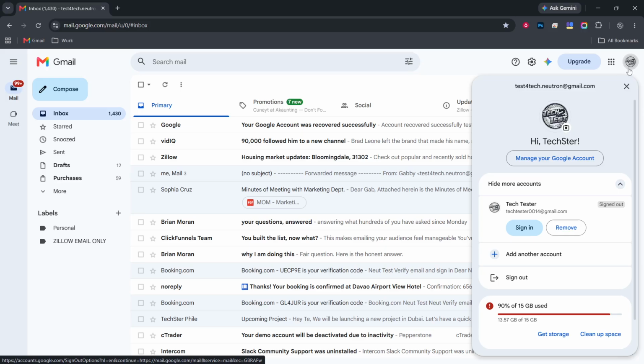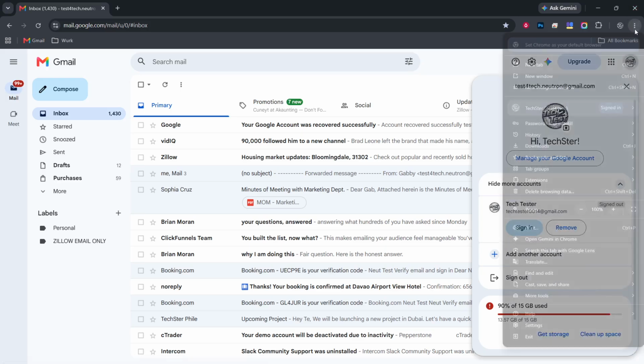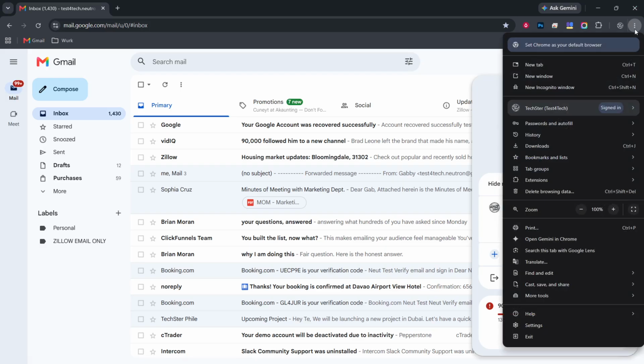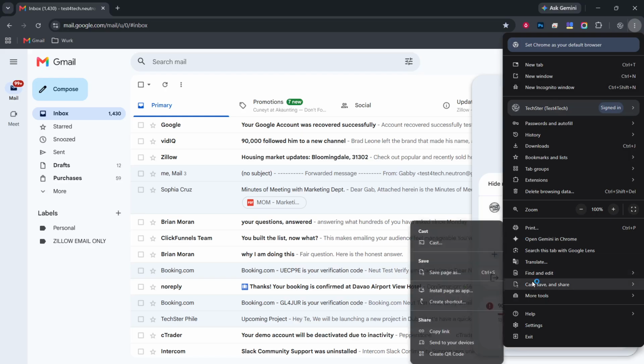Now click the three-dot menu, which is located in the top right corner of your browser. This menu is often referred to as the More Options menu. When you click on it, a drop-down will appear, revealing various options that you can choose from. This step is significant because it opens up the pathway to creating your shortcut. By accessing this menu, you will be able to find the tools needed to pin Gmail, making it more accessible